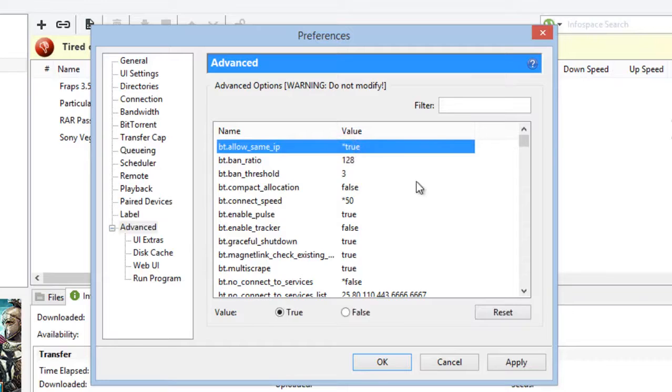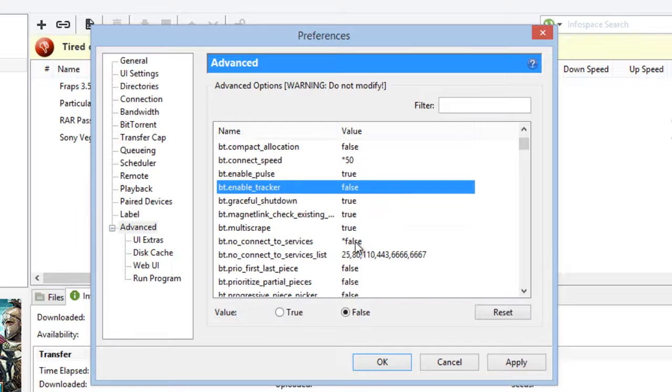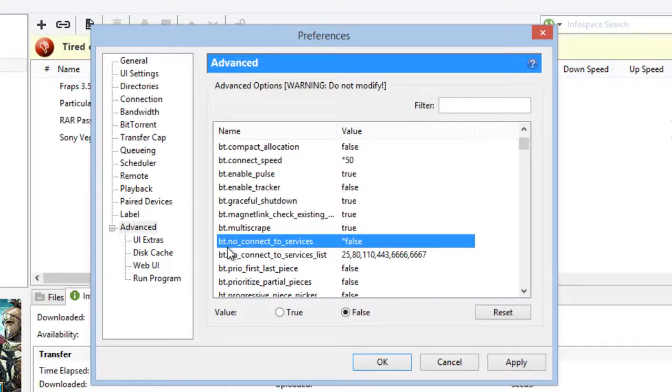Now in the first one, we only have to select it through. Now set the BT connect speed to 50. Set BT number connect to services to false.